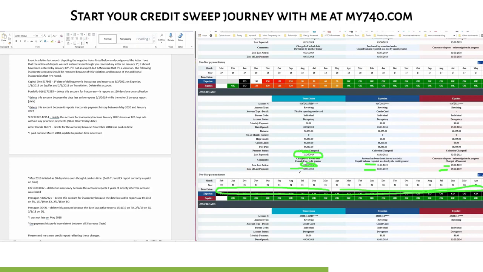All right. So you would very simply state delete this account because there's activity reported after the close date. You would list between March 2020 and February 2022, because the date last active reports through different dates, or because this is specifically for TransUnion. I disputed this account last month in January, and you verified it as accurate, but the date last reported shows that you have not investigated this account since November 2019.